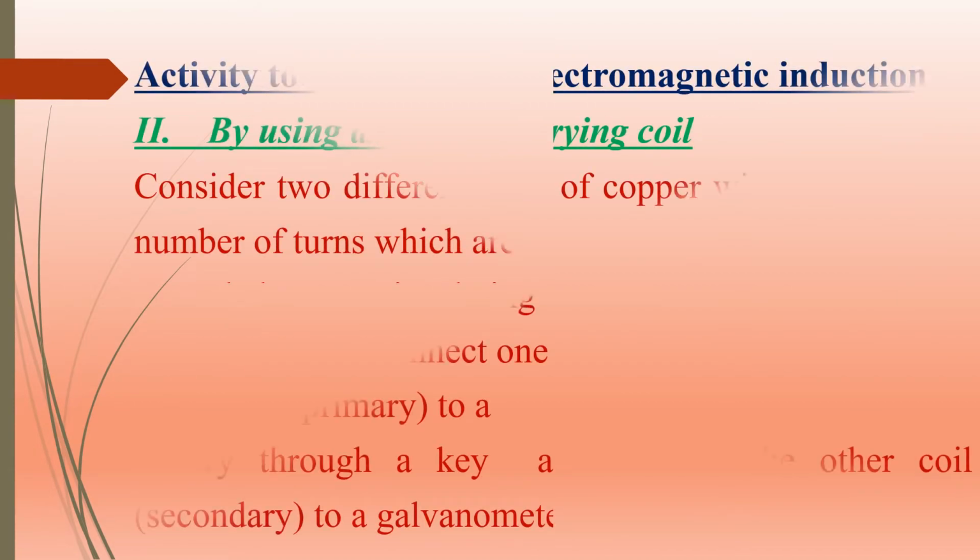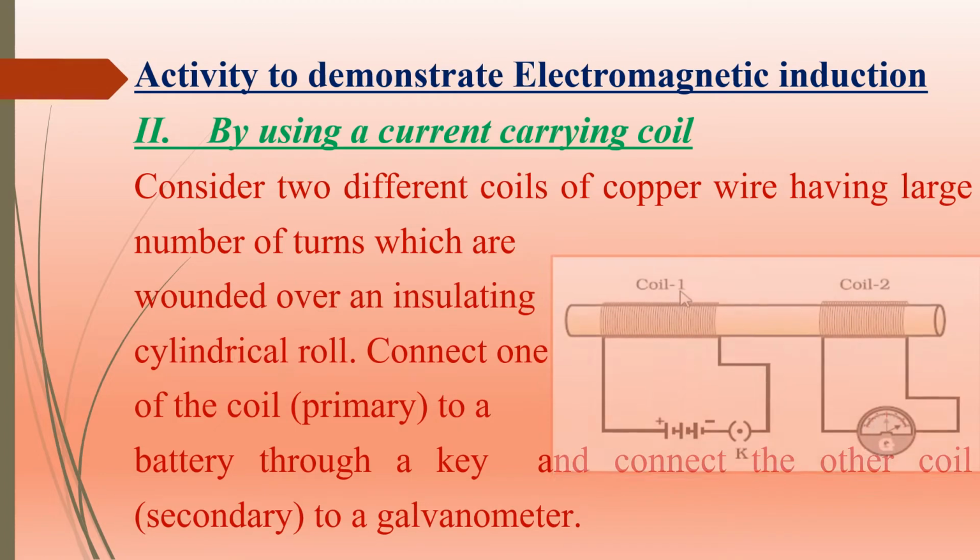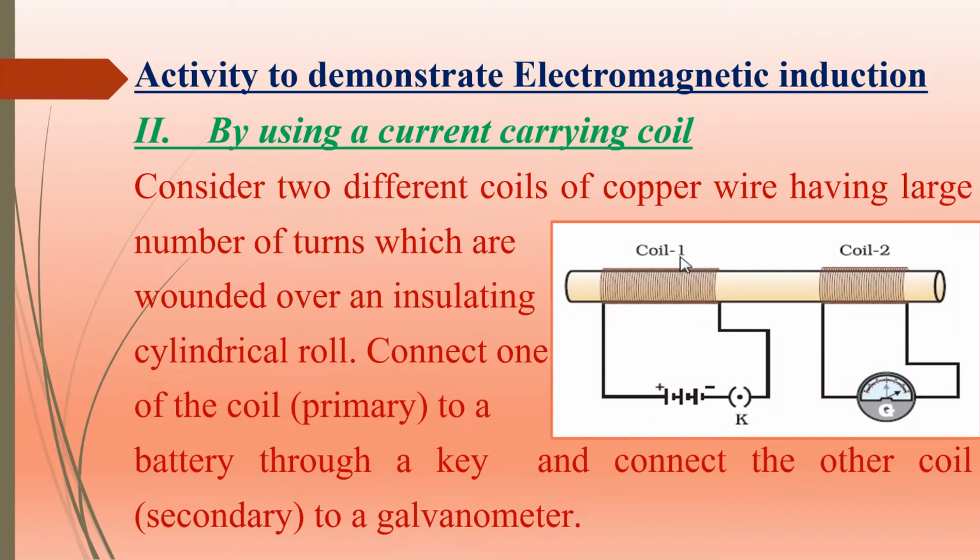Children, now we will discuss the activity to demonstrate electromagnetic induction. In the last class we already discussed the first method, that is by using a magnet, and today we are going to discuss the second method, that is by using a current carrying coil. Look at the picture given here. We have two different coils of copper wire having a large number of turns, which are wound over an insulating cylindrical roll. Connect one of the coils, that is our first coil, which we call the primary coil, to